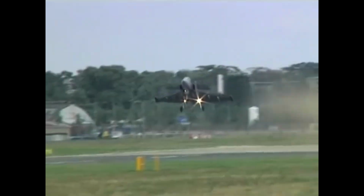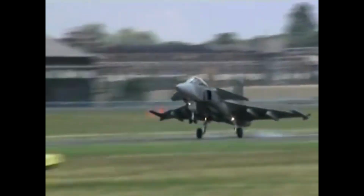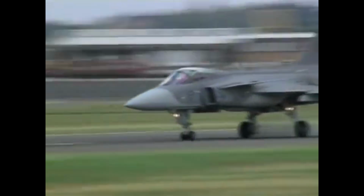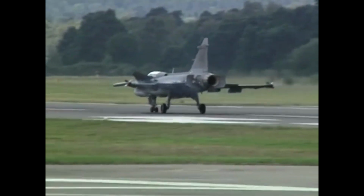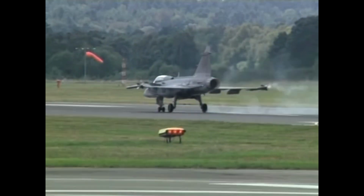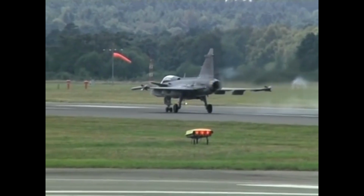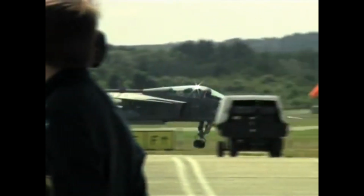Even at 125 knots, Frederick uses less than 1,500 feet of runway, stopping using only his wheel brakes. The combination of delta wing and canards gives the Gripen significantly better takeoff and landing performance and flying characteristics. The aircraft's stopping distance was reduced by extending the relatively large air brakes and using the control surfaces to push the aircraft down, enabling the wheel brakes to apply more force, and tilting the canards downwards, making them into large